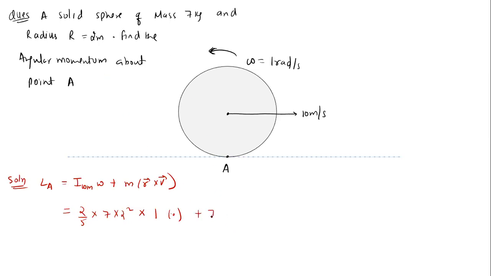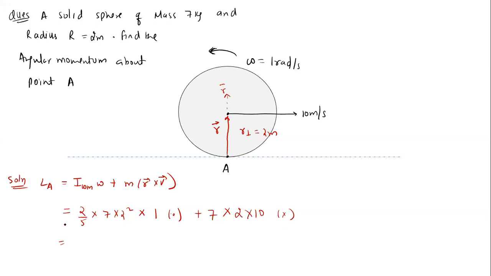Total mass of the body is 7 kg. What about the r vector? Now the r vector, if you have to draw it, this is the r vector. And this r vector is perpendicular to the velocity. So directly we can say r perpendicular will be equal to 2 meters. So 7 into r value, which is 2, into velocity 10. Now is it inside the plane or outside the plane? Inside, very good. This would be inside because this is the r vector, so r cross v will come inside. That is cross.